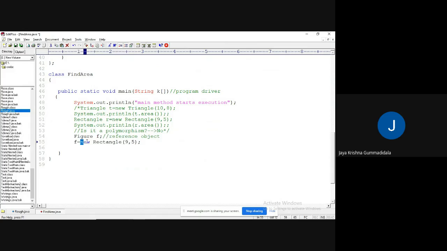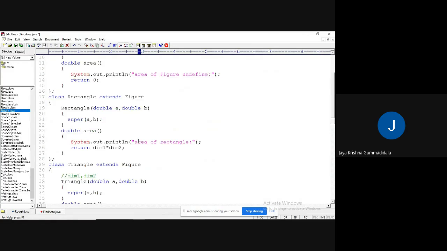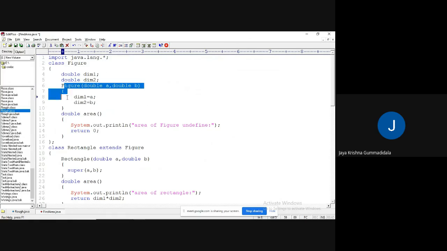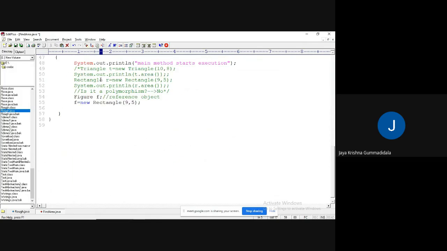On the right side of the expression, it creates an object for the Rectangle class. It goes to the Rectangle class and checks whether the corresponding constructor is there or not. If it is there, those values are passed to here, so that dimension 1 and dimension 2 are allocated the values 9 comma 5.